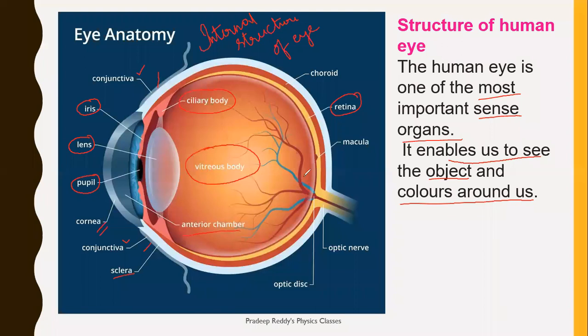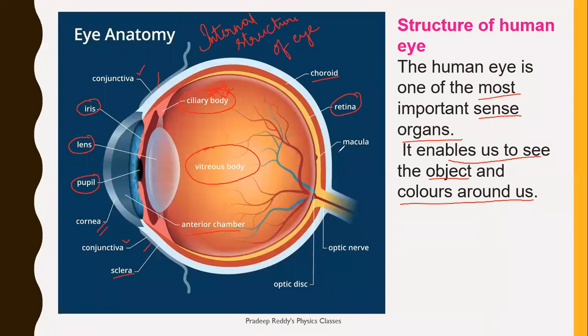In between the lens and this end there is vitreous body, and here we have ciliary body, and this ciliary body is what enables our lens to change its position. So ciliary body plays a major role in viewing objects at different positions. So this is a very, very important term. We will be using this term in the next coming topics also. And next, this brown color layer is choroid, and the last part, which is pale yellow, is retina.